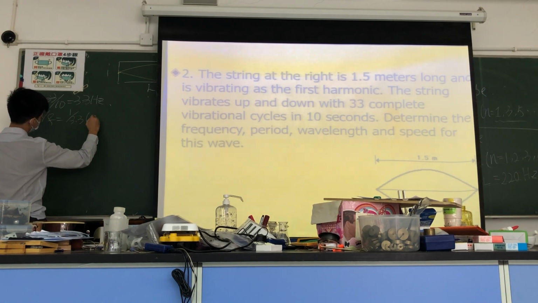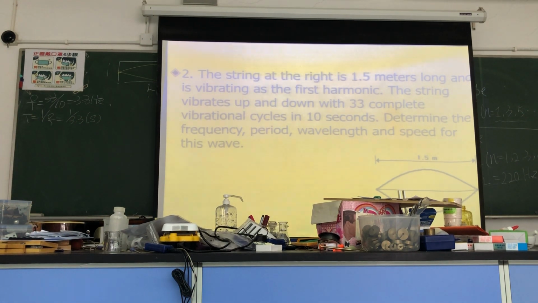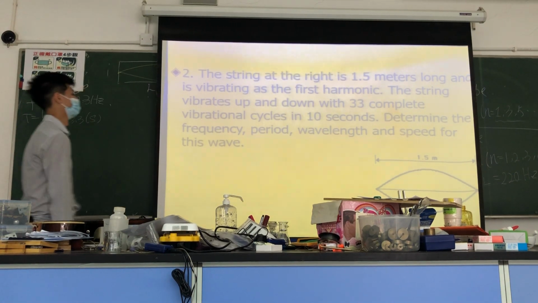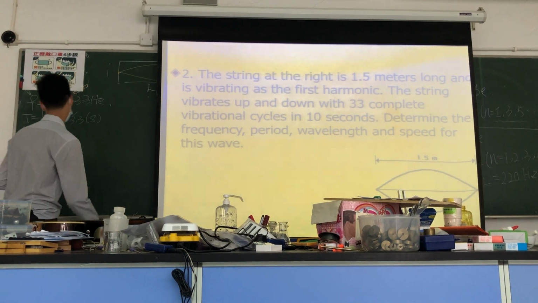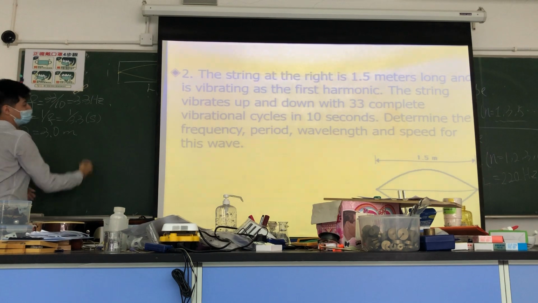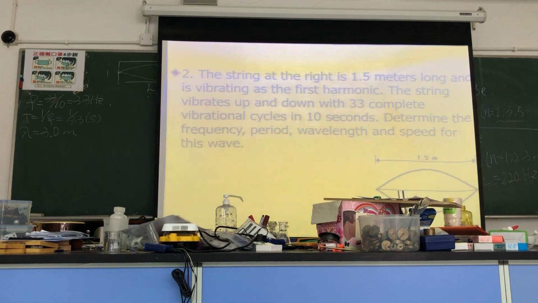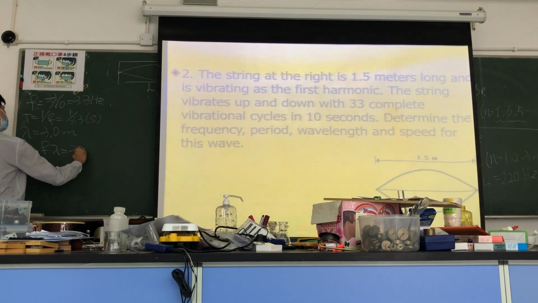Period 就係佢幾多秒震完一個 cycle。好，其他後面嗰啲就好簡單啦。呢個 wavelength 就係3 meter。And then the speed equals f times lambda. So it's 3.3 times 3, which is 9.9 meters per